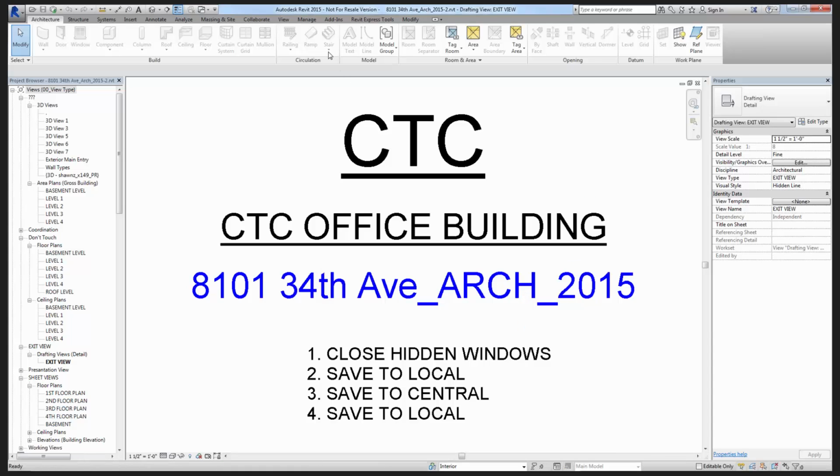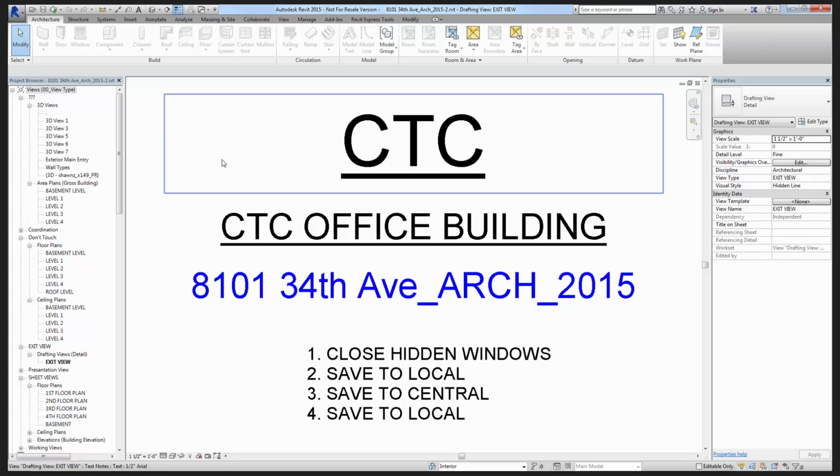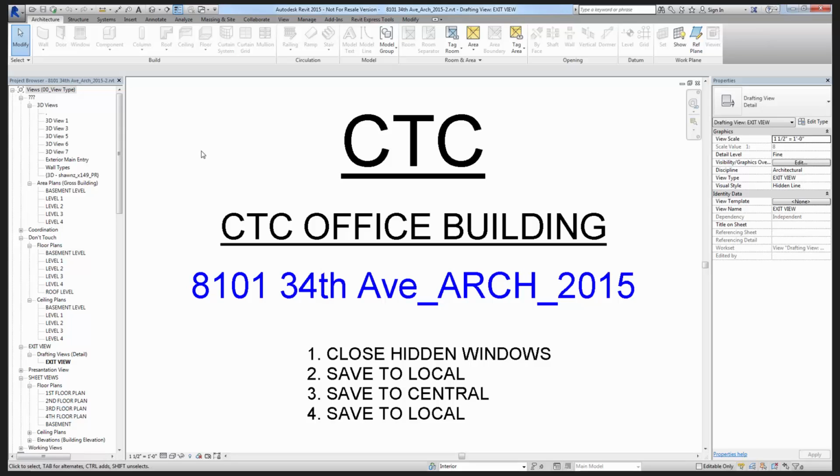Now I could go and do my next step of modifying some of my... well, actually, you know what? I'm going to wait on this for a second. I'm going to do my transfer project standards since I'm here, and then I'll do my next step in a moment. I was going to actually go ahead and do my repathing of my links right now,